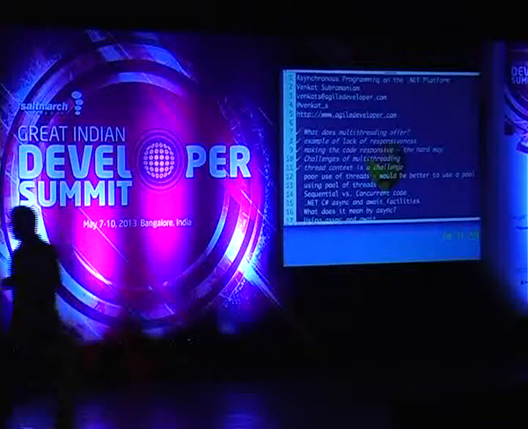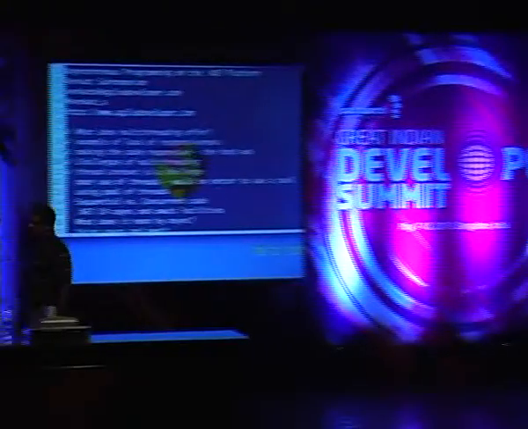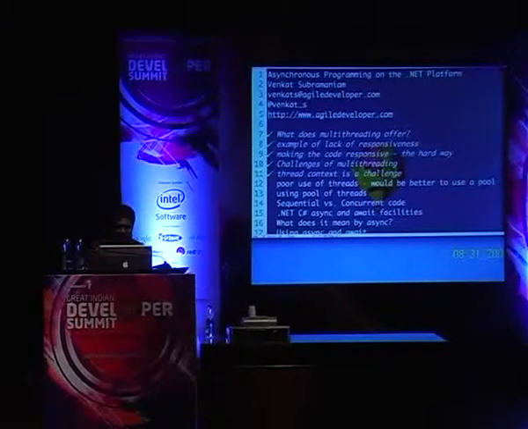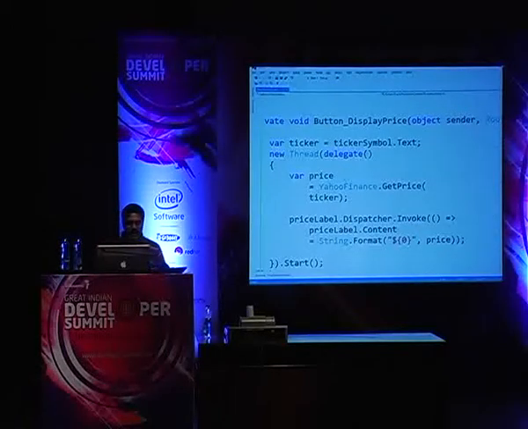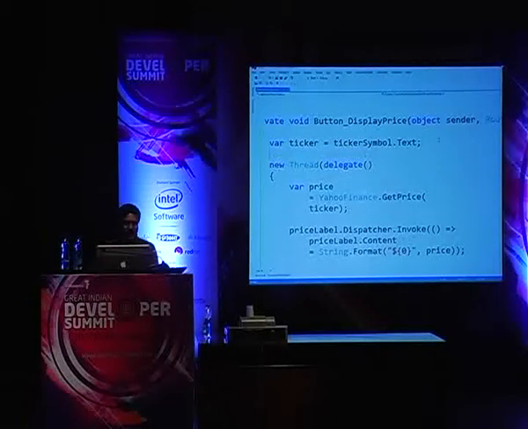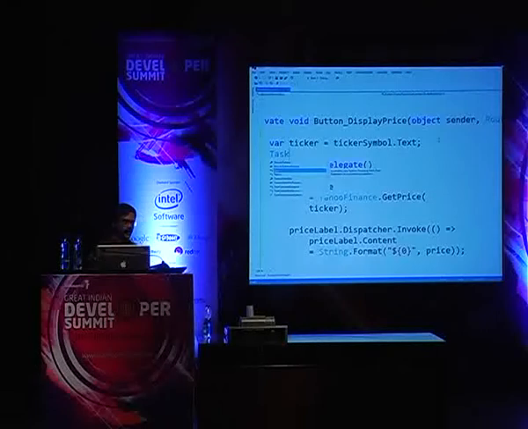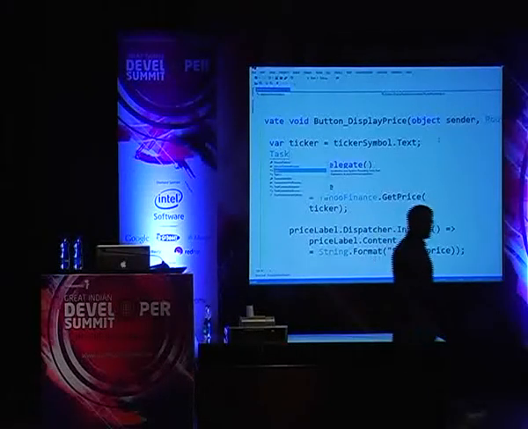So how do we really do that? We want to use a thread pool rather than creating these arbitrary threads. To do this, what we're going to do in this example is change the code just a little bit one more time. Rather than creating this new thread, there is a little thing called task that was introduced in .NET, and task is a pretty decent class.